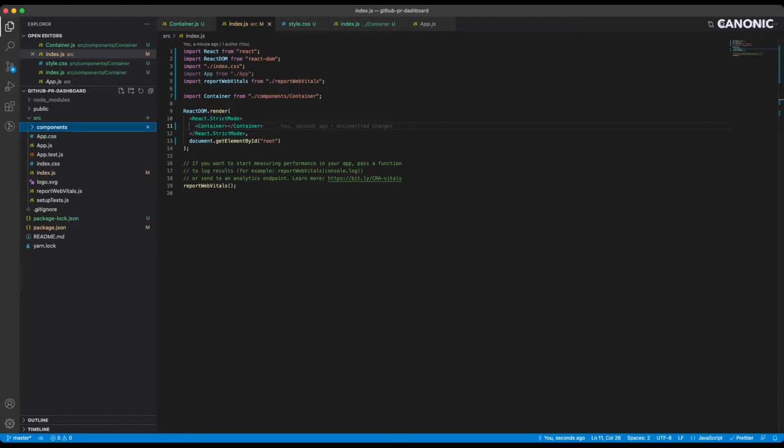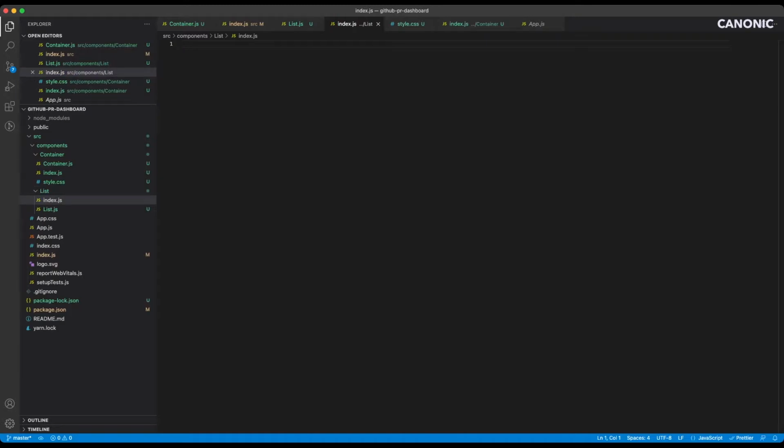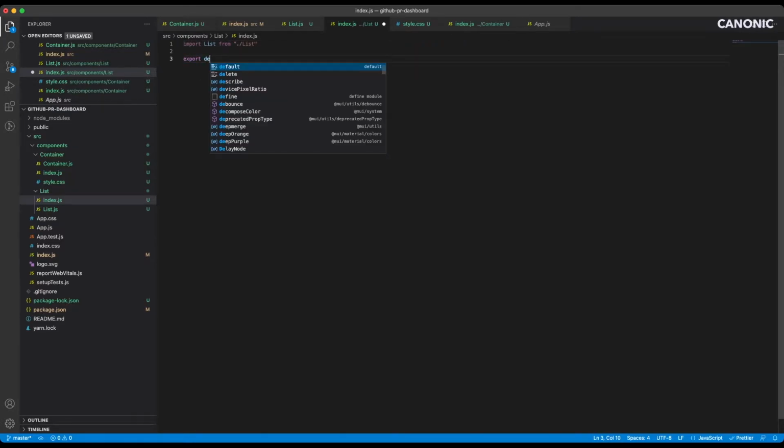Create a new folder called list, new file list.js, the file index.js will import list from dot slash list. We'll export it.